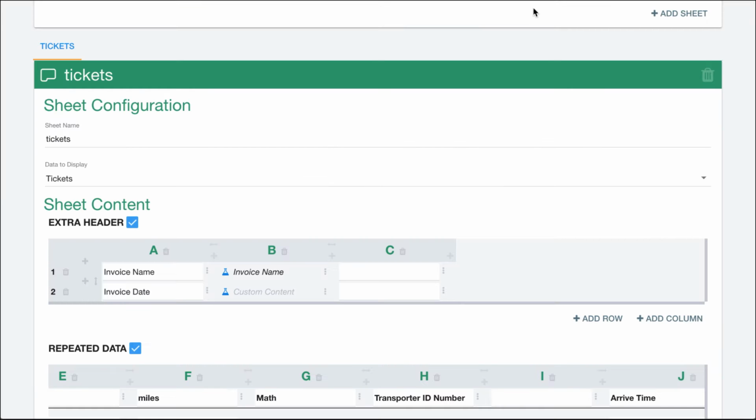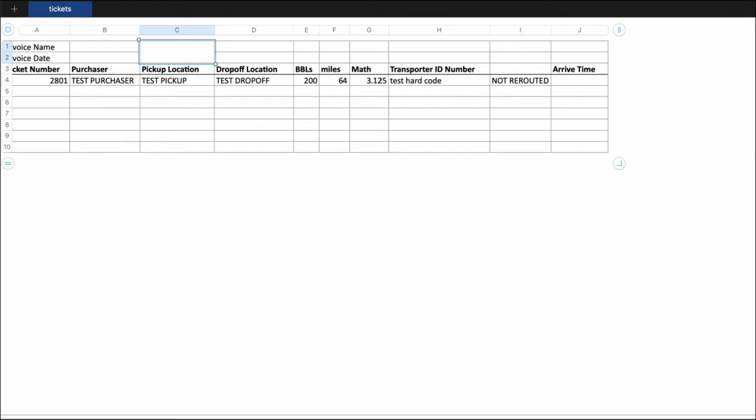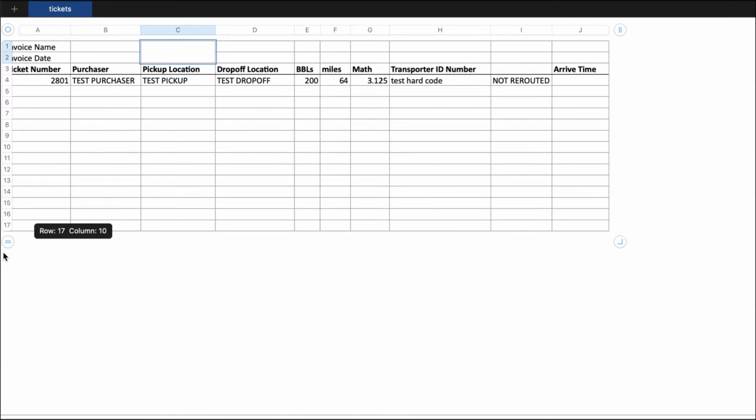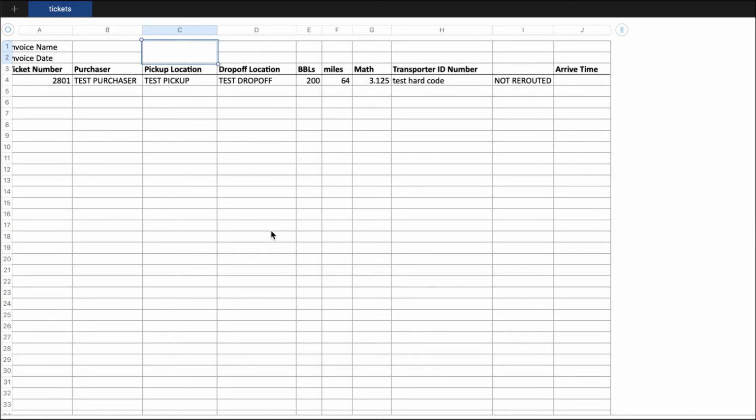So we specified a merge down here to merge these cells, and then the frozen cells, if there was enough data, I think I can go ahead and add more. Then actually, I think this is an Excel. This is like the default Mac one, which probably doesn't do frozen cells, but we would have frozen those cells